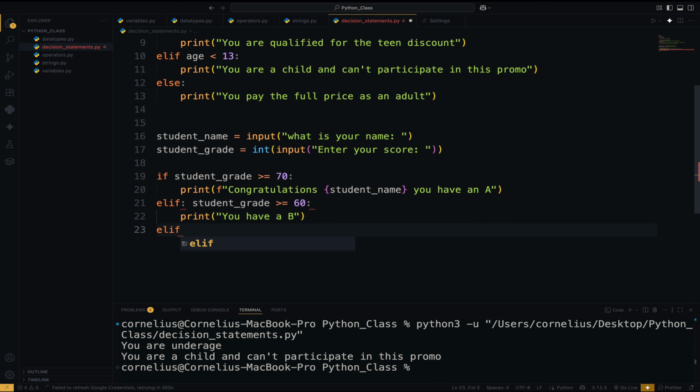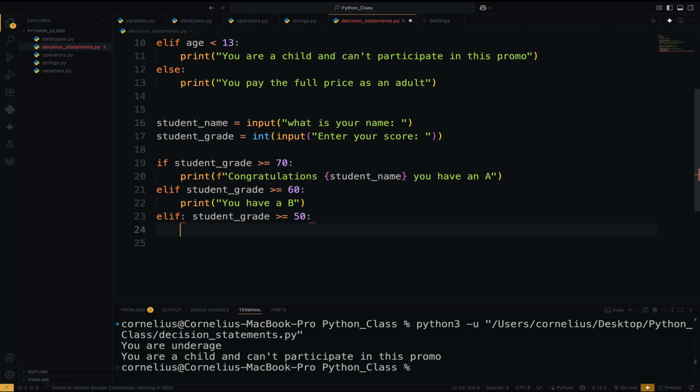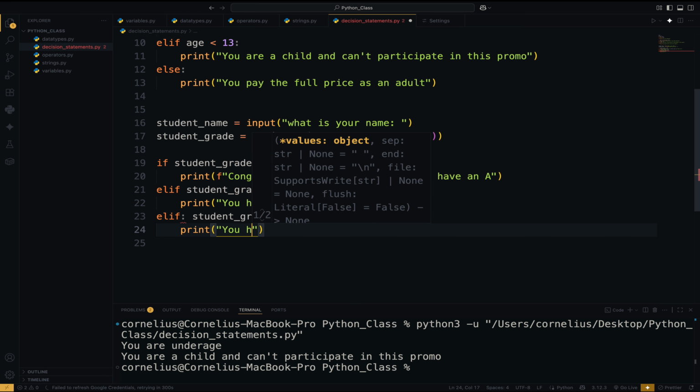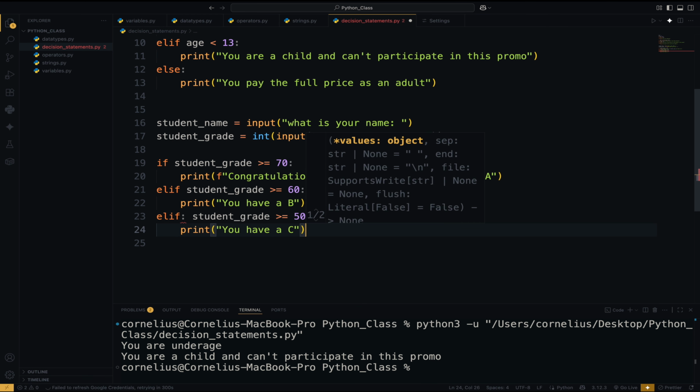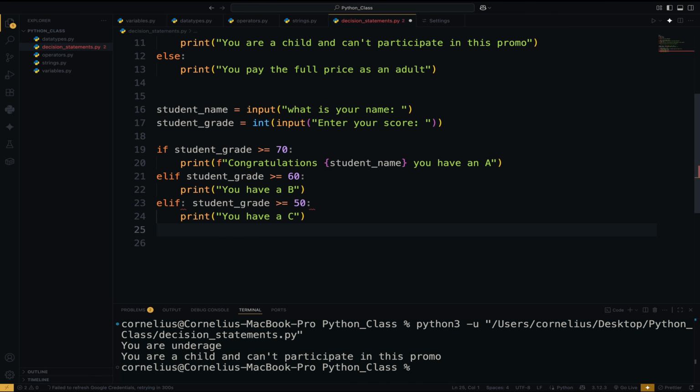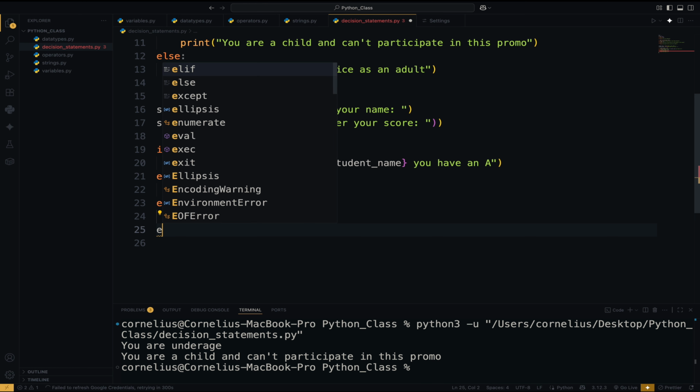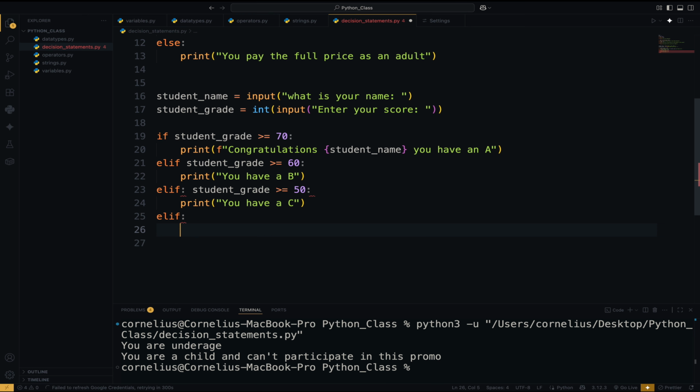Elif student grade is greater than or equal to 50, then we'll say you have a C. Else, you pass, or let's do a pass then fail. So elif student grade